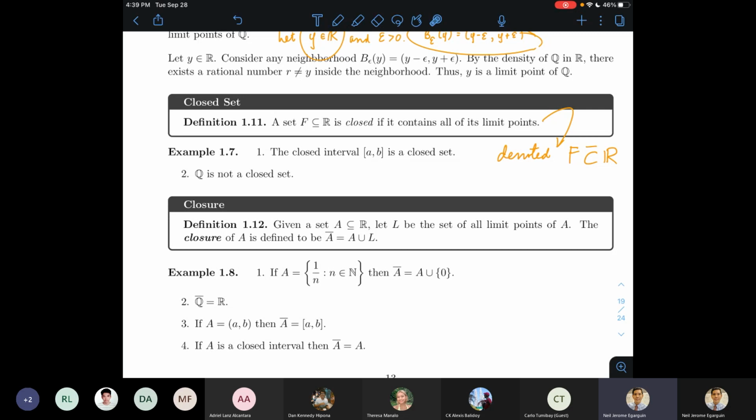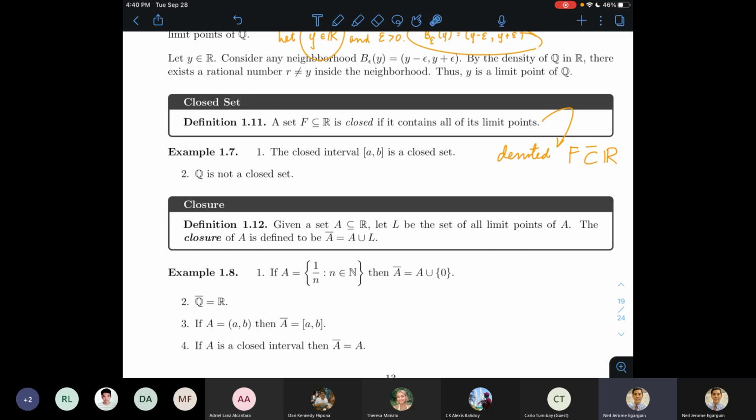Kapag kalaman, complete ang isang ordered field, kapag kalaman niya lahat ng kanyang limit points, which is basically equivalent to the LUB property. But for us, this is a consequence of completeness. So basically, gusto nating kolektahin lahat ng limit points ng isang set A. And we will see in later discussions why that has nice implications. So in order to formalize that,